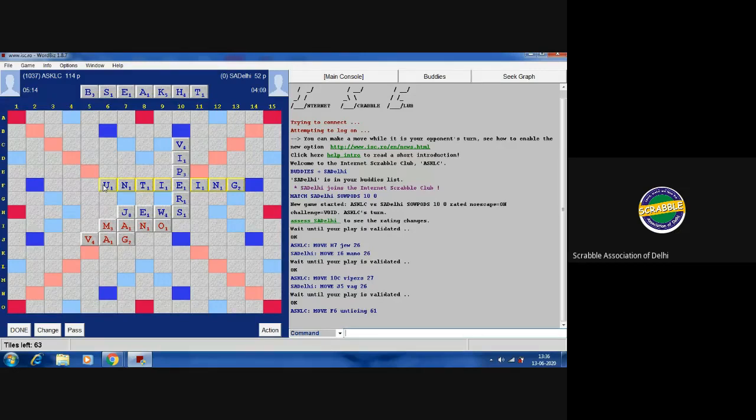Do I have a bingo on this rack? I am not very sure. No, we don't. Yeah, we don't. So shine, A, 1, 2, 3. That's a 6-letter word. Where do we put it? When I put shine, where can I put it? I have these locations where I can put it.